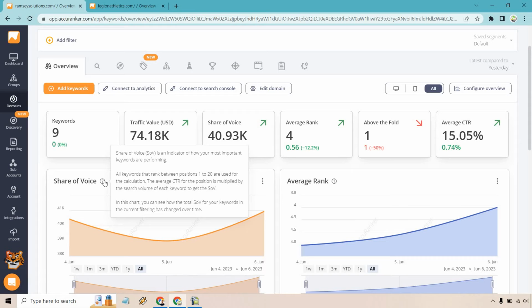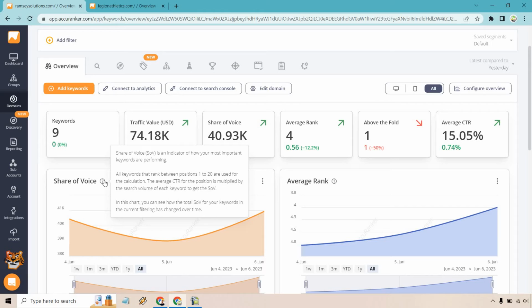So obviously, as you go on, you want this to grow and grow and grow. Naturally, as an SEO, I'm sure you're familiar with the process. It will go down over time, just the way things work. Sometimes competitors come in, sometimes updates happen, sometimes you lose backlinks, whatever it's going to be.